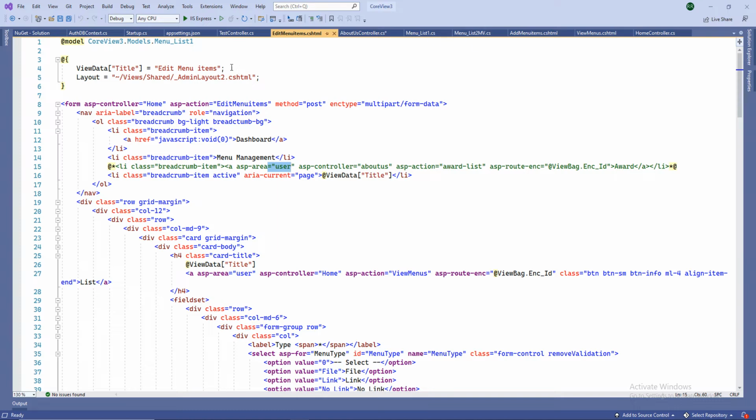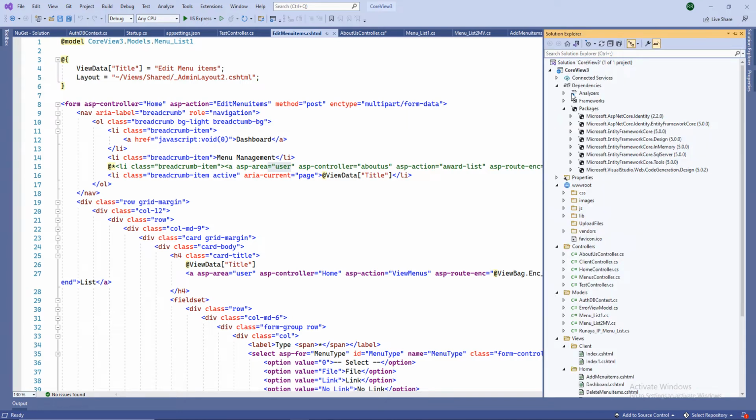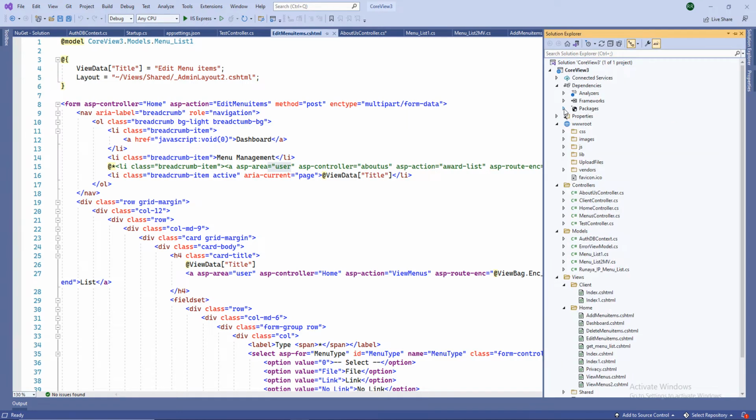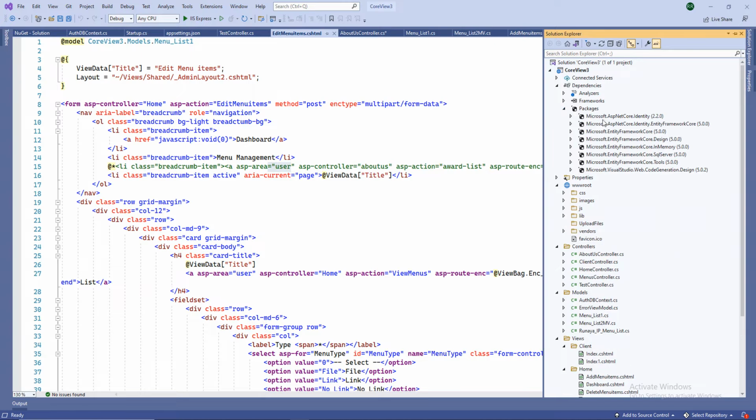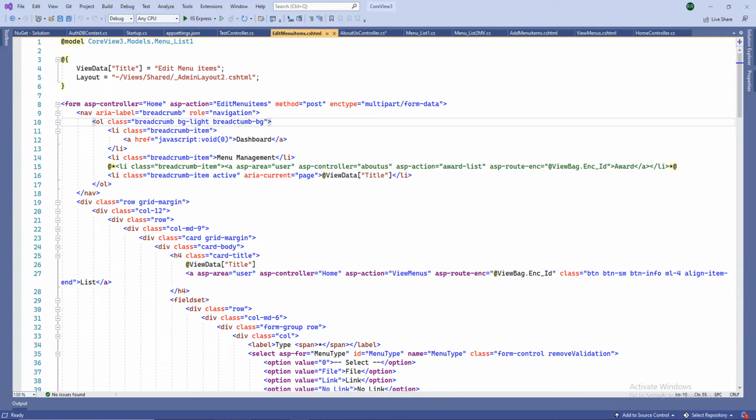Let's go back to our packages. Once you install the packages, it would show you here in your dependencies. Below the dependencies, you see the packages, and it would show you what all packages are included in this project. This is required because your namespaces wouldn't work. Moving on to the next file, which is your